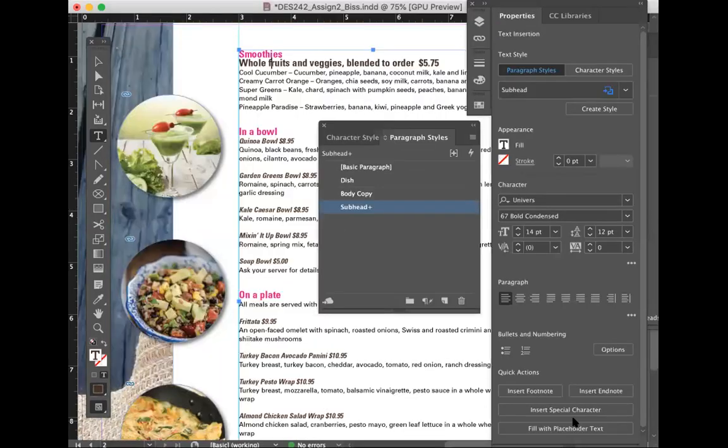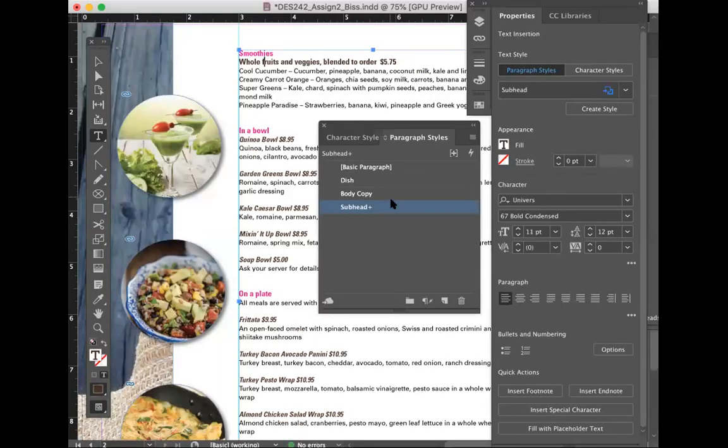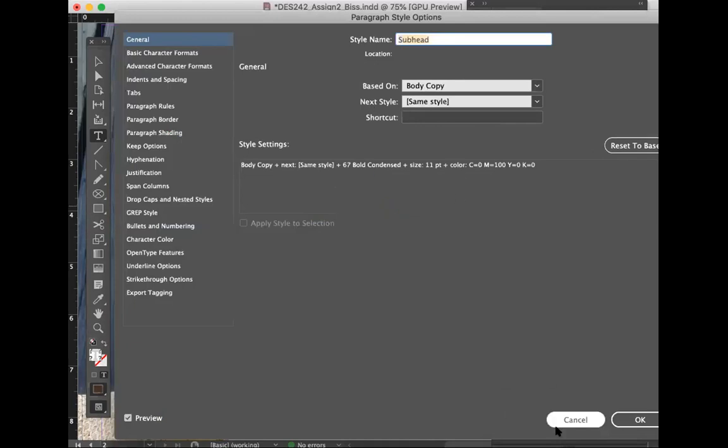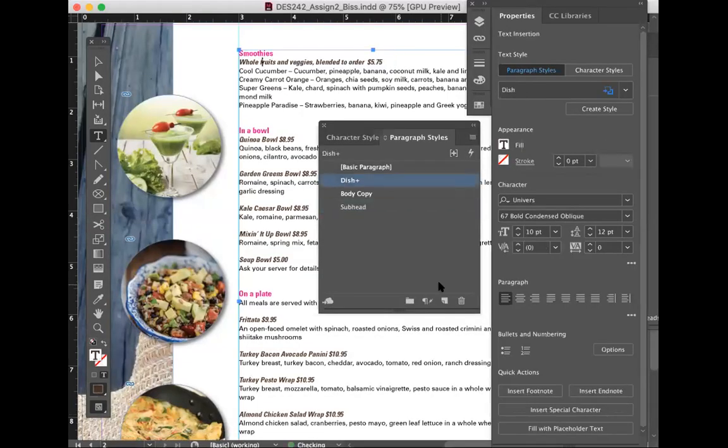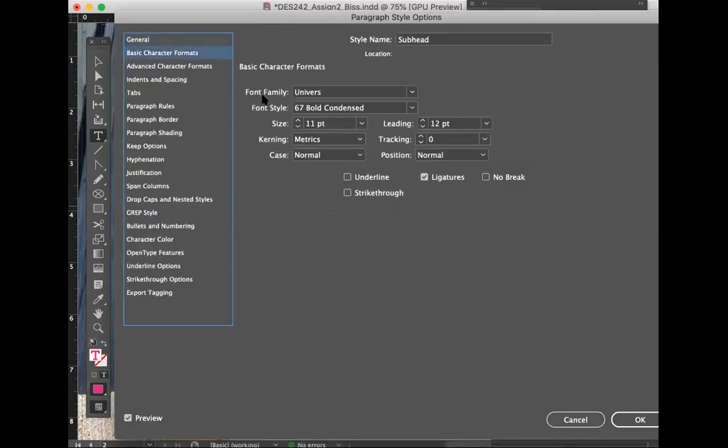Oops, I actually changed my other one. Hold on. Why did this change? Let me undo this. There we go. Let me go back and actually change it, we'll do 13.